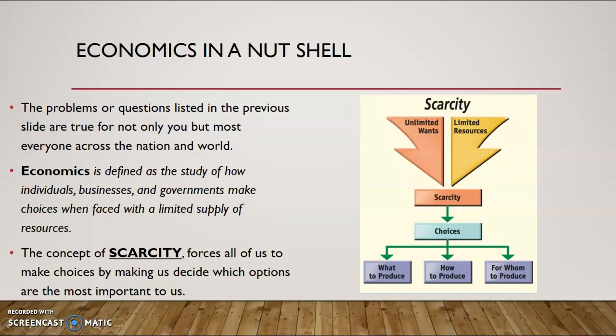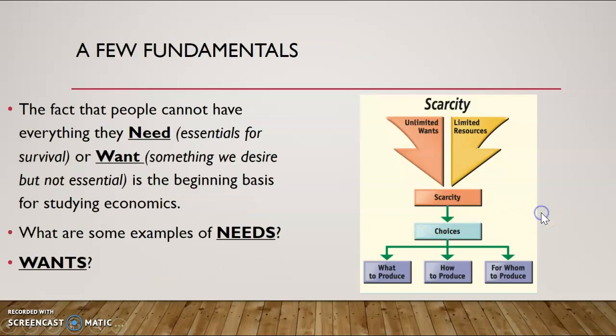So this little chart here is a good one. We've got unlimited wants, limited resources. We want more and more and more, but we don't have the money in our bank accounts to do that. That's scarcity. That forces us to make choices. And as far as businesses, as governments, societies, things like that go, you see these questions that kind of lead us into the rest of the stuff. What's produced, how we're going to produce it, and who is going to buy it, who we're producing it for.